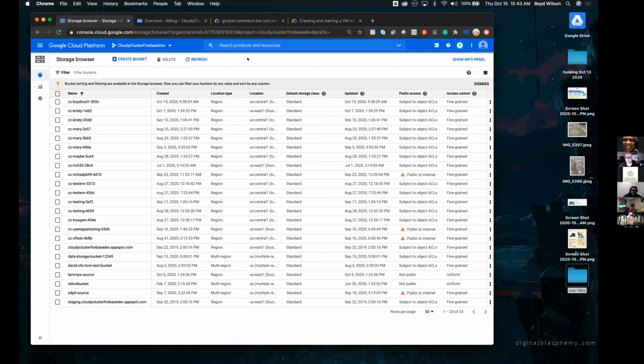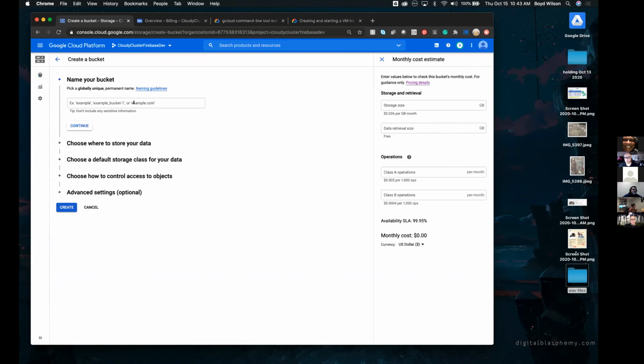So this is an easy way to store data in the cloud. And there's a couple of things you can do with it. But one of the first base things that you create is a bucket. You put stuff in your bucket, and then once you get your bucket, which we'll go ahead and do,